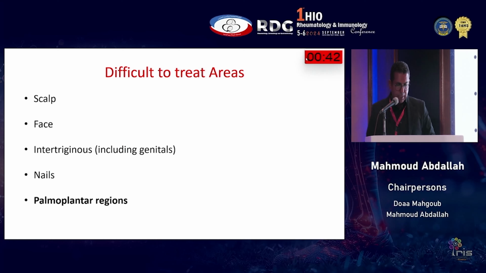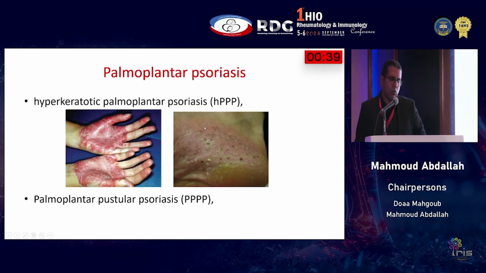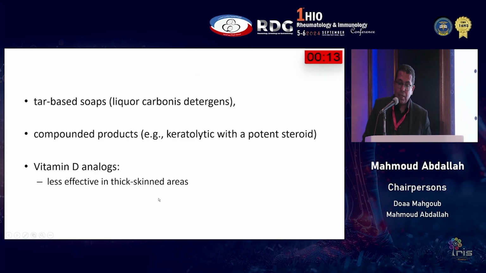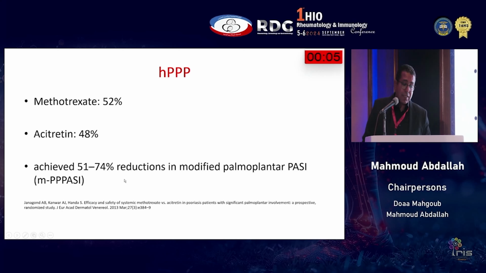Moving to the palmoplantar areas, they are either hyperkeratotic palmoplantar psoriasis or palmoplantar pustular psoriasis, which is a different entity from the usual psoriasis. So we are going to concentrate mainly on hyperkeratotic palmoplantar psoriasis. The treatment goals are to alleviate pain and improve function, because palmoplantar psoriasis has many functional, social, and occupational side effects. We can use tar-based soaps, compounded products, vitamin D analogs,